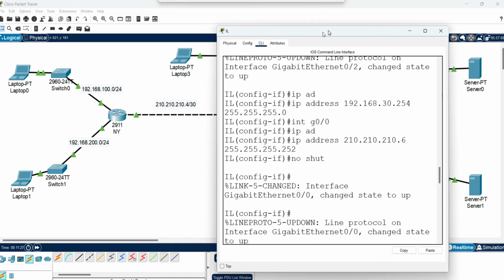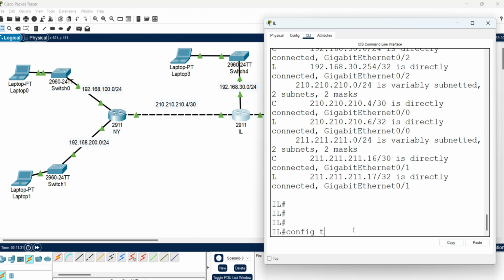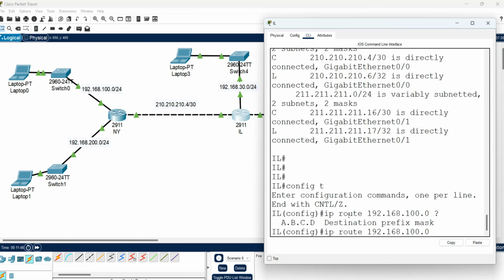I'm going to go to Illinois, static routing, global configuration mode, and I'm going to do IP route space what? Illinois supports the 30, supports the 210. Let's focus on this side. I'm missing the 100 and the 200. So I'm going to put 192.168.100.0 space, question mark, the mask